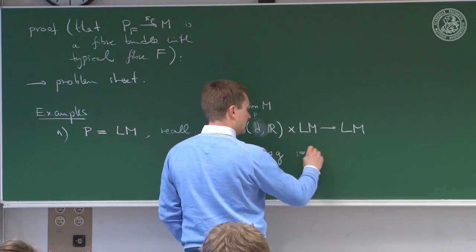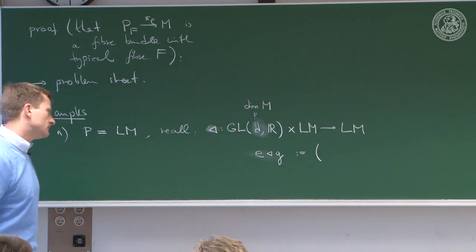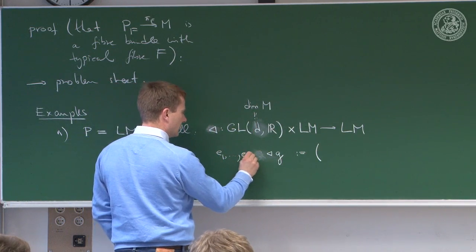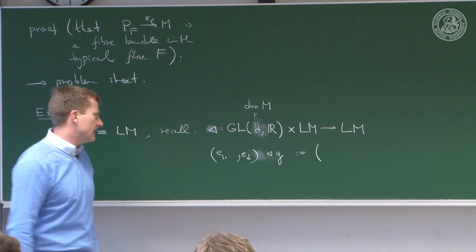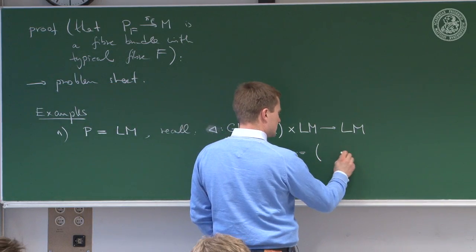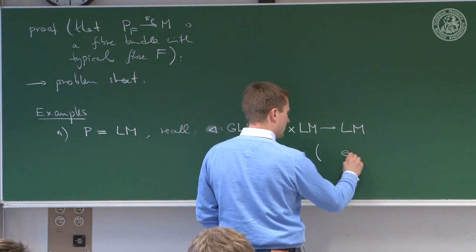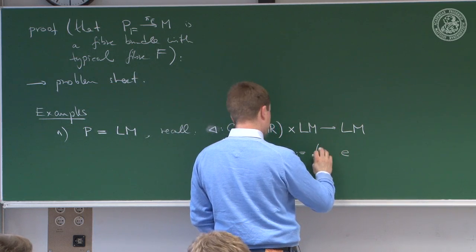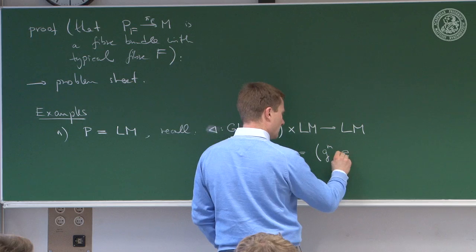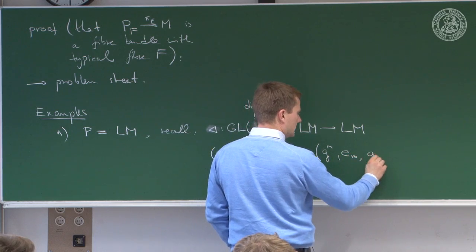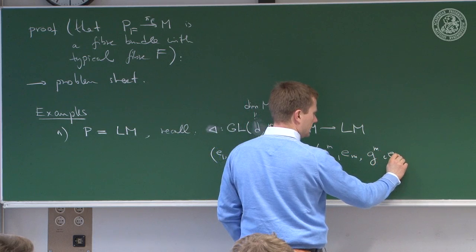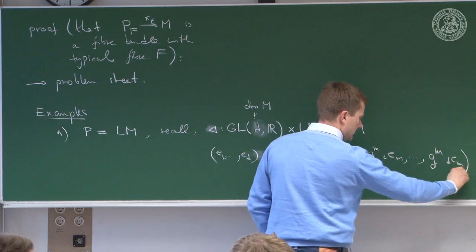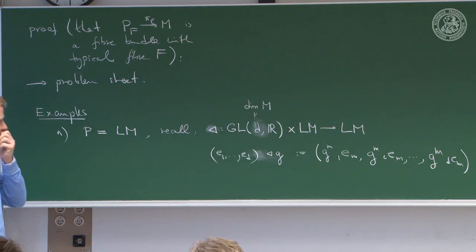If we write the entire frame, so that's E_1 to E_D, and you act on this from the right by G, then this is afforded by the new frame E', where you have G^M_1 E_M, G^M_2 E_M, and so on up to G^M_D E_M. So as a physicist would say,